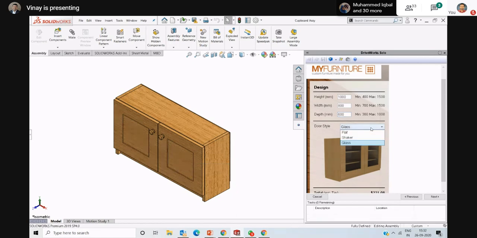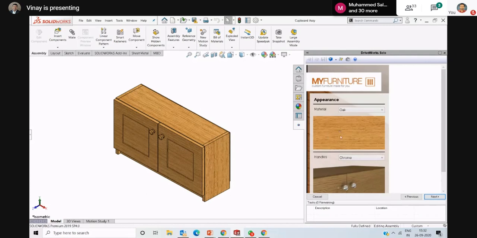Now I have three kinds of door. The customer will design his product, but designing means he will not draw, extrude and do the assembly. He will select what he needs. He will select a glass door. Next, which material does he want?